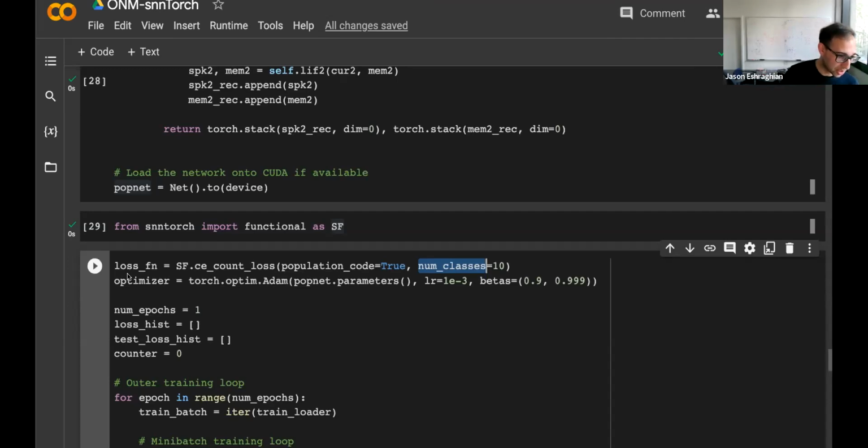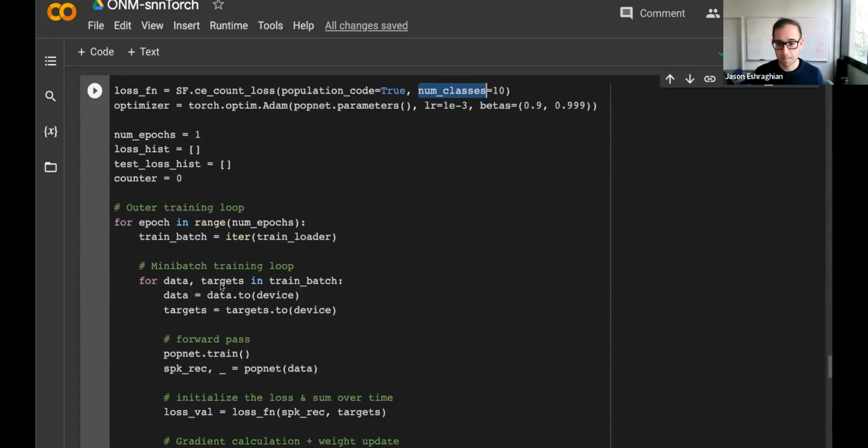Gregor's asking, do I use population code only in the last layer or in the intermediate layers too? Well, if you think about it, when we're using gradient descent, we only really specify how the population interacts with our loss. We're not applying losses to intermediate layers, so in this particular context, it's kind of irrelevant, I think. But if you did start projecting losses back to intermediate layers, then it would matter. But if I understand correctly, it doesn't matter here. Tell me if I'm wrong, though. It could be cool to iterate on this.